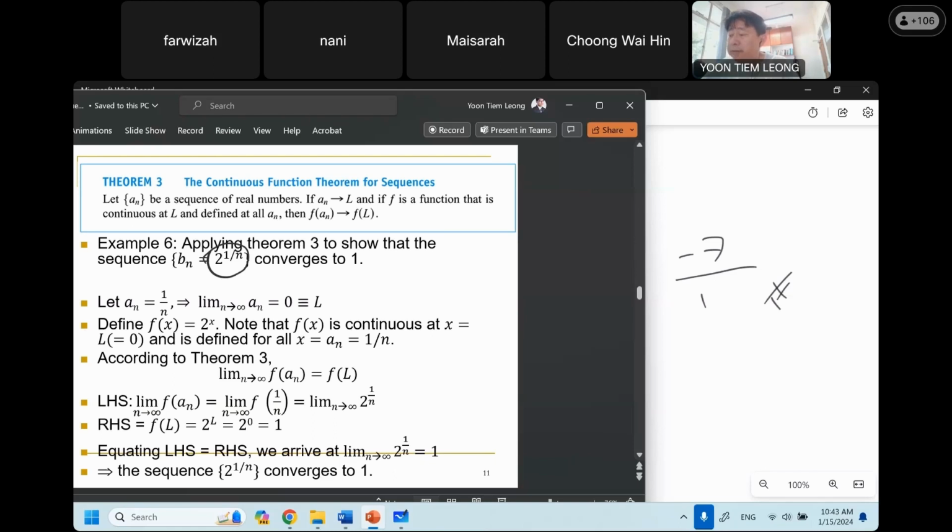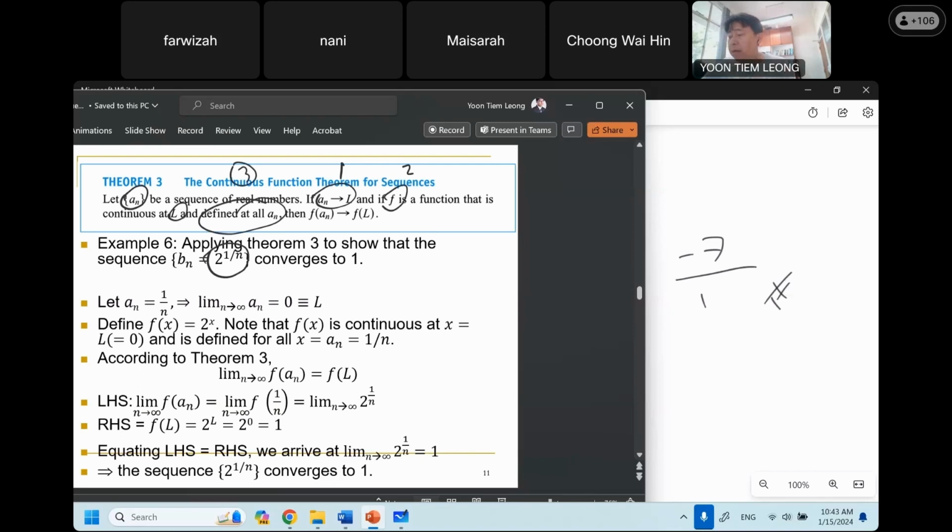Theorem 3 says this. If you have a sequence a_n that is a sequence of real numbers, not a sequence of complex numbers, and the limit of the sequence a_n is L, this is the first condition. The second condition is that you have a function f, and the function f is continuous at L. Furthermore, you have a third condition, that the function f is defined for all a_n. If you have such a function f and a_n that fulfill conditions 1, 2, and 3,